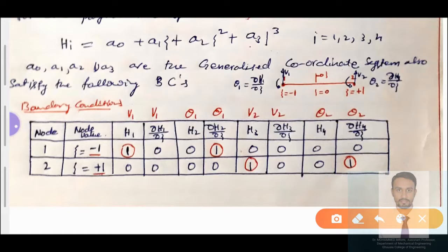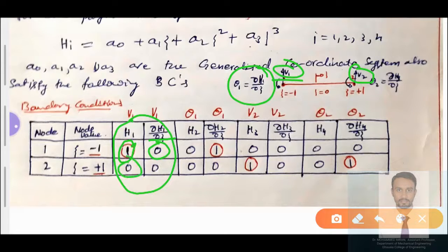The boundary conditions we have considered here, we have tabulated. How have we tabulated? These are the boundary conditions which depend upon v1. h1 is equal to 1 with respect to v1. Dou h1 by dou zeta, that is h1 with respect to this effect, is equal to 0. There is no h1 we have here. And then similarly at node number 2, v2 is not affecting this value at node number 2 with respect to the transverse direction, 0. And similarly here, this value is not affecting this displacement, so it is equal to 0.